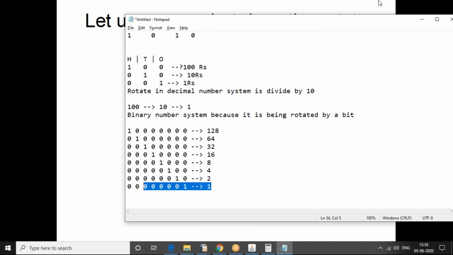So we have a number which is 1. If you rotate it by left, the position of the 1 from the first bit has gone to the second bit, which means that the positional value of the number is getting increased. So that's equivalent of getting the number multiplied by 2. So for instance, if I go through this table from bottom up like this,